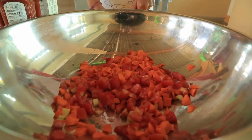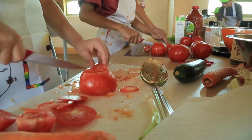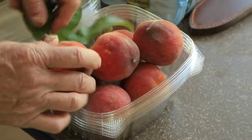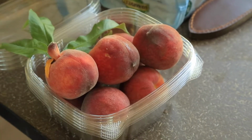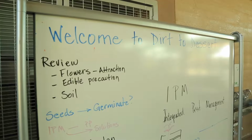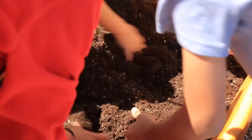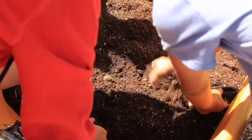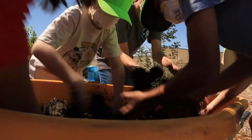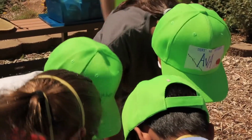Refreshing gazpacho, sweet lavender lemon zest cookies, fresh crunchy vegetables. Few people can imagine such delicacies coming out of the parched clime and searing heat of the Nevada desert. But in Cindy Dixon and Chef Deborah Costella's class, Dirt to Dessert, they're teaching local kids how to do just that. We like the idea of starting from scratch, the dirt, and creating this whole process. It was like the A to the Z, so you start with the dirt and you end up with this